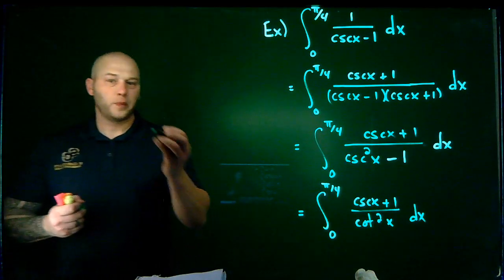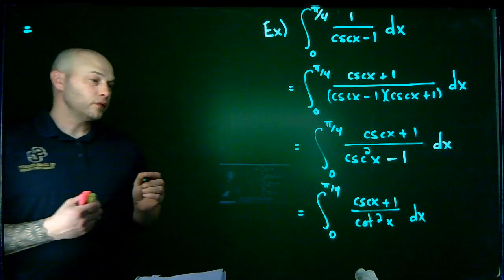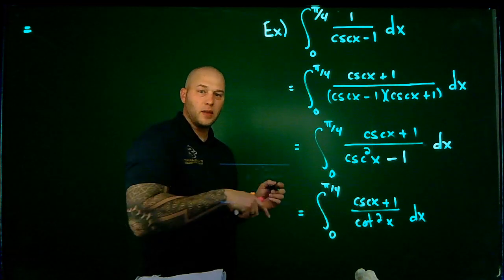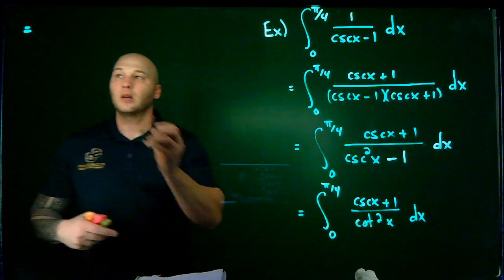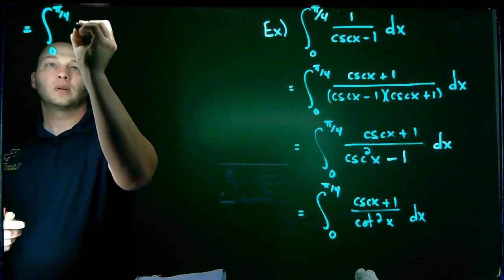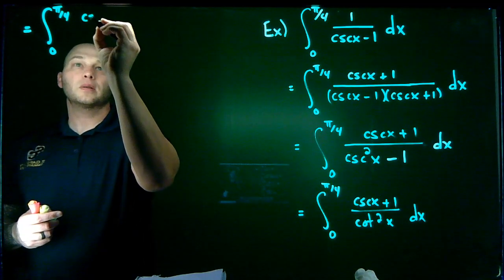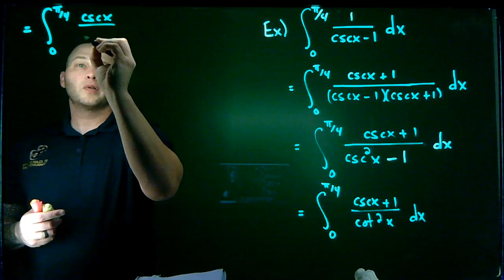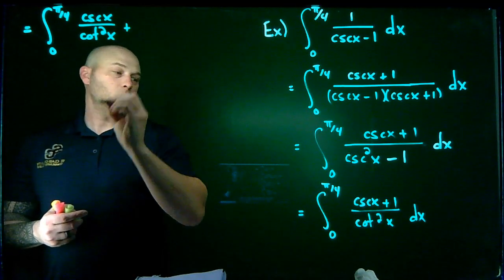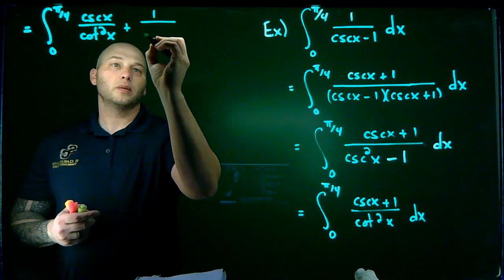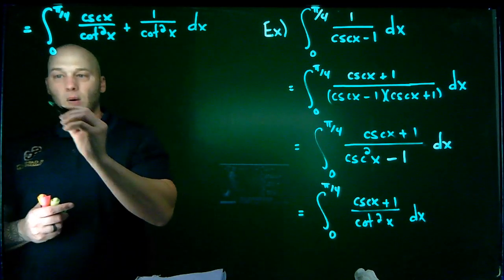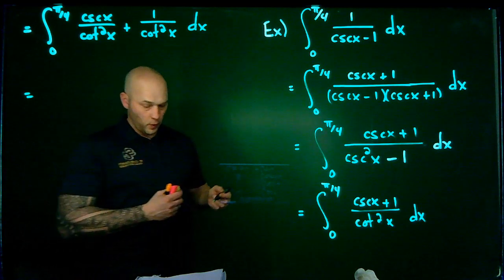Okay, here we go. Well, first and foremost, what I'm going to do before I turn this into sines and cosines, I'm going to separate the integrand: the integral from 0 to pi over 4 of cosecant over cotangent squared plus 1 over cotangent squared. Now, I'm going to work with both of those terms